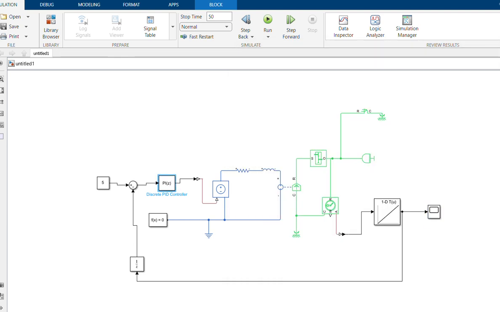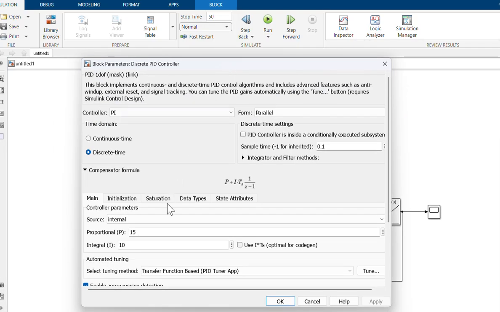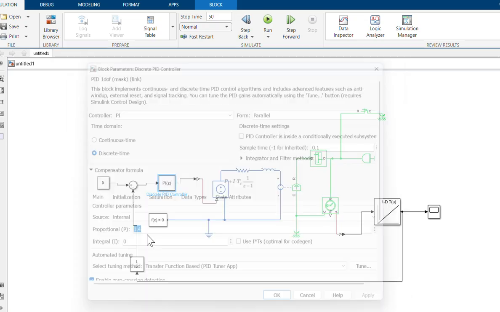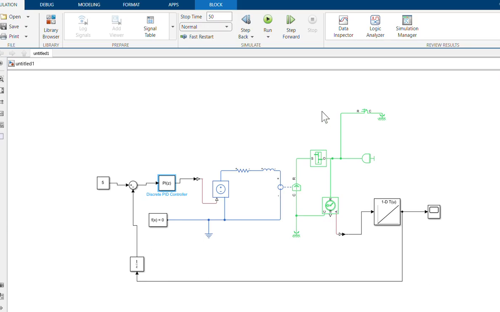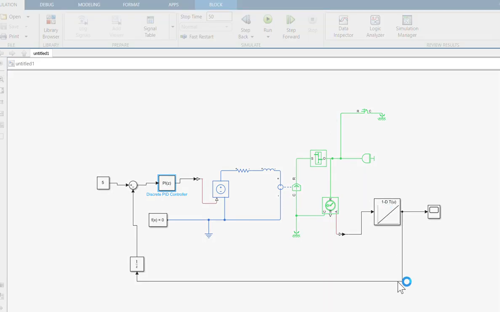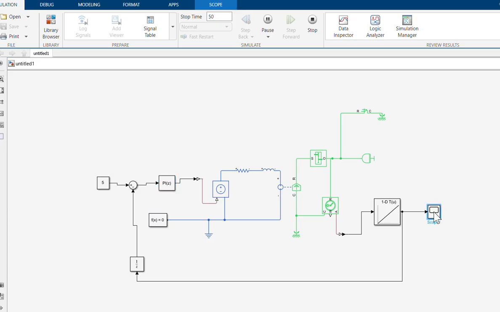Okay, we just adjust the PI parameters. I think the integral starts with 0 and proportional starts with 2, maybe 1.4, and then after the run, we look at the scope.